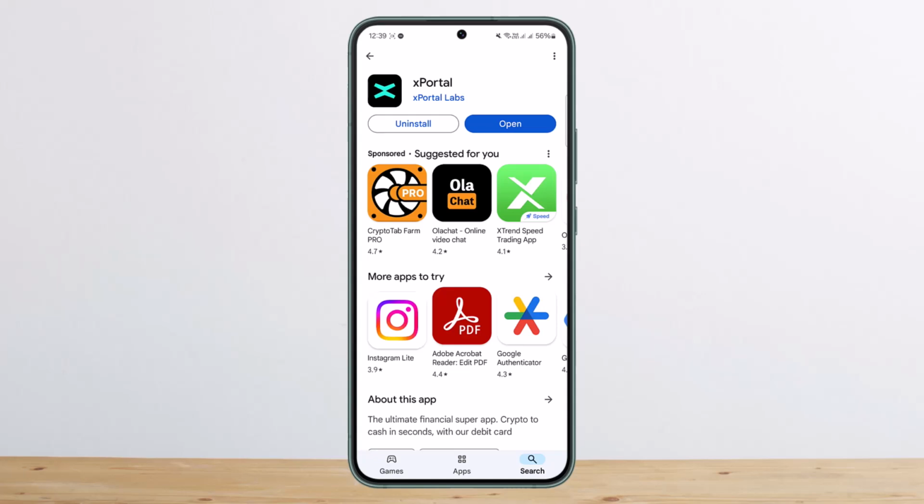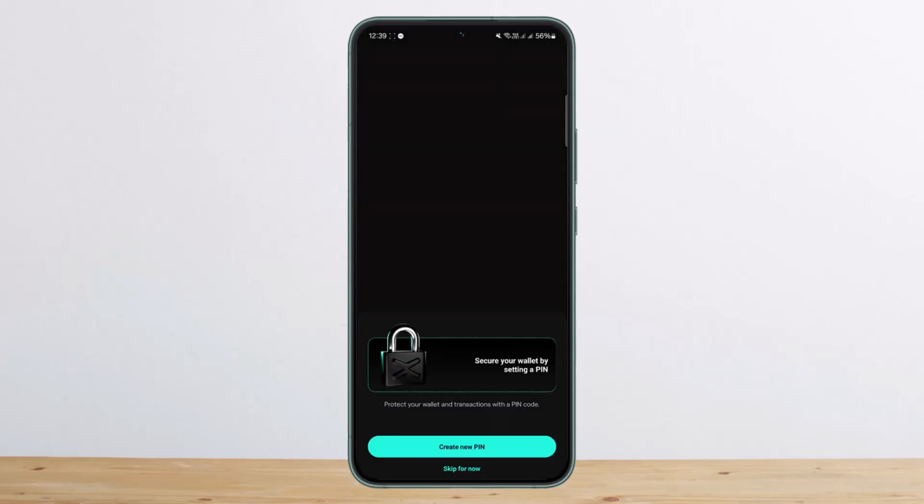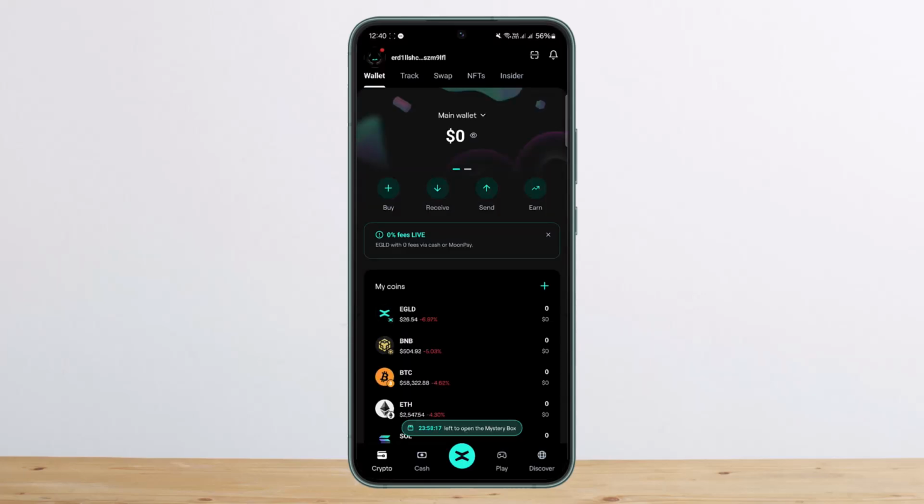Now I'll just be guiding you through the basics, quick and easy. First things first, as you know, Maiar app has been transformed into xPortal, so you can either head into xportal.com or you can get the xPortal app and open it up. Now you can import your wallet here as well. In my case, I just created a wallet here, so I haven't gone through verification, but I'll just be showing